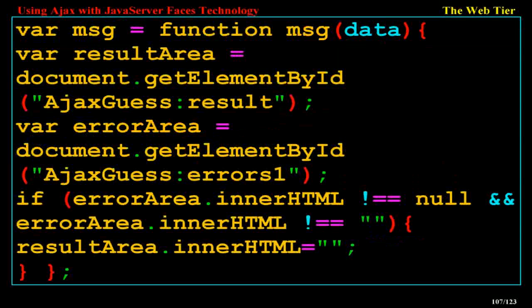var msg = function msg(data) { var resultArea = document.getElementById("ajaxguess:result"); var errorArea = document.getElementById("ajaxguess:errors1"); if (errorArea.innerHTML) { resultArea.innerHTML = ""; } }